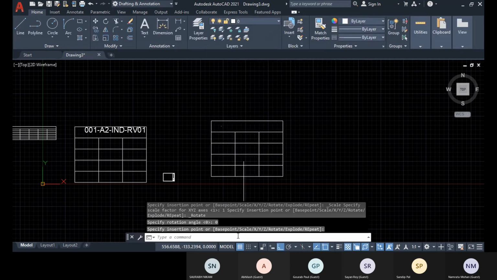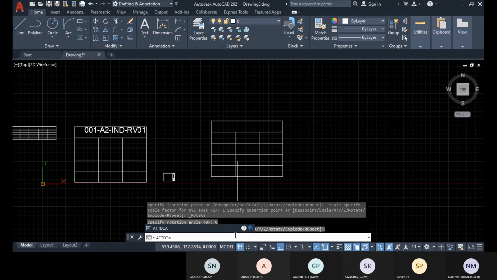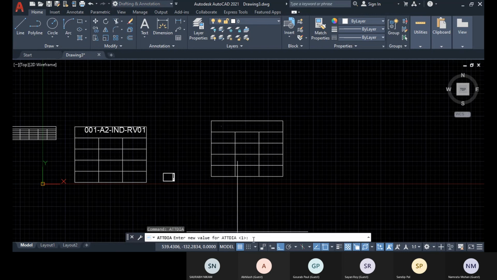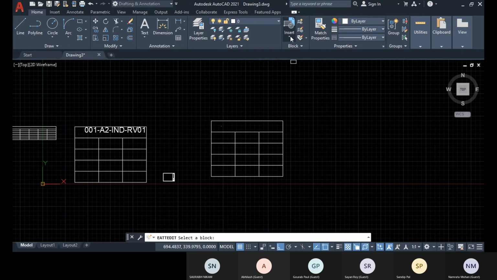If you don't want that window in the beginning, you can also control that with the command ATTDIA. ATTDIA is the command, and there 1 is for show, the window will be shown. The variable is a binary input, and if you press 0 and enter, then it will not pop up again.